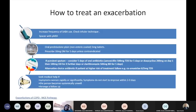So how do you then go about treating it? So the first thing I'd say is increase their SABA use with the spacer. They can use 2 to 4 puffs, every 4 hours, 4 times a day. Sometimes if they're having a bad day, just using more salbutamol sorts them out, and then the next day they're fine. But if you do need to go to starting oral steroids, and again,